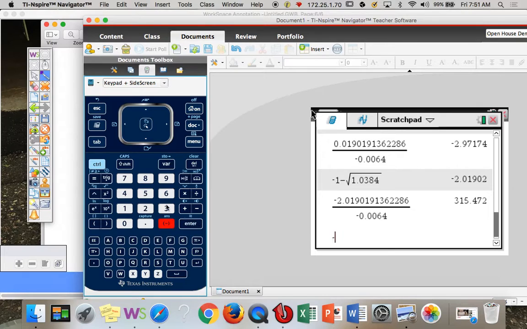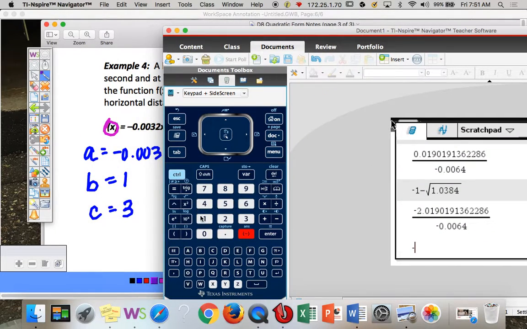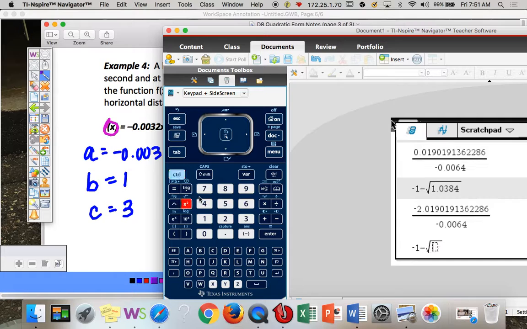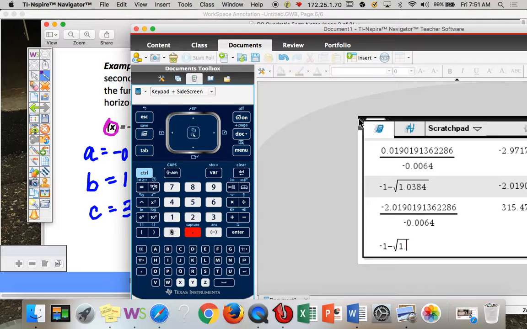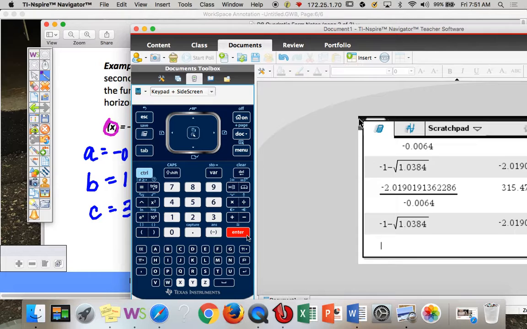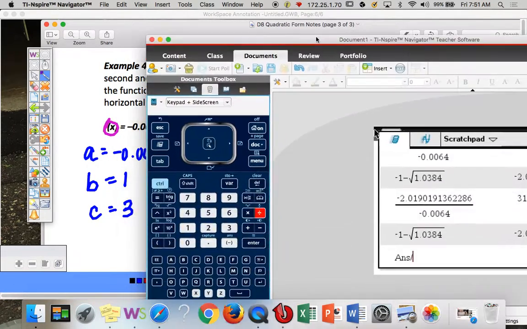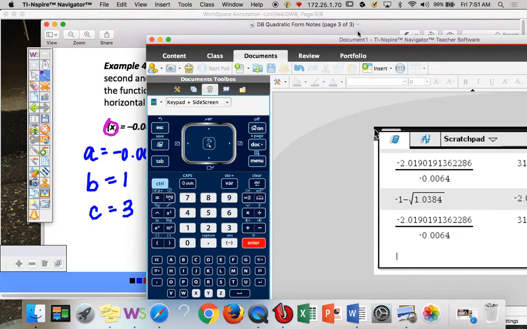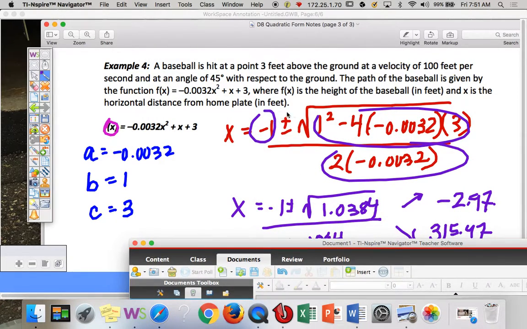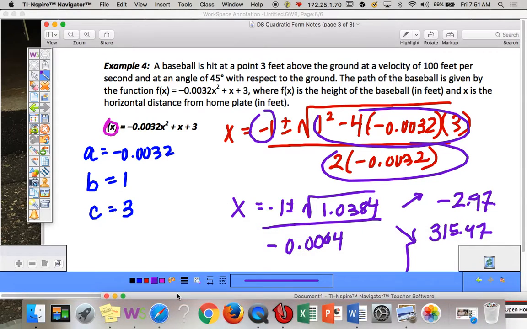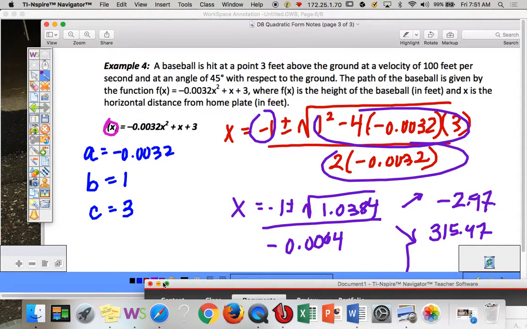Okay, so again it was negative 1 minus the square root of 1.0384. Hit enter. Divide by negative 0.0064. Okay. All right, so that would be the distance where the ball lands right here. So our answer is 315. So if we take a look at what that picture looks like,